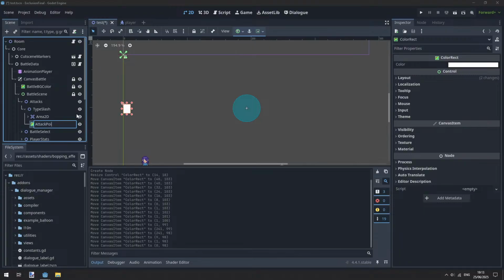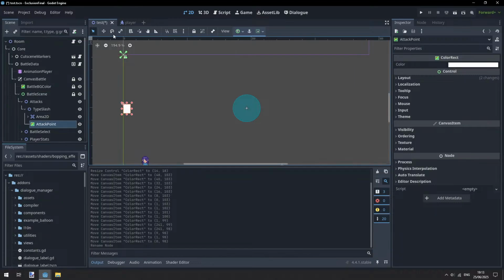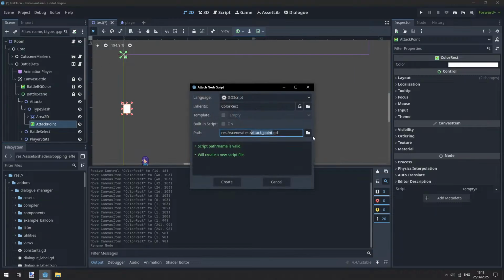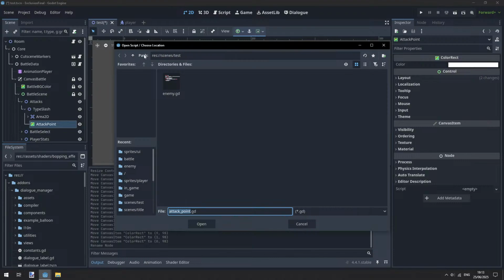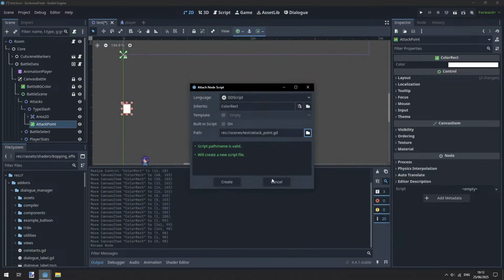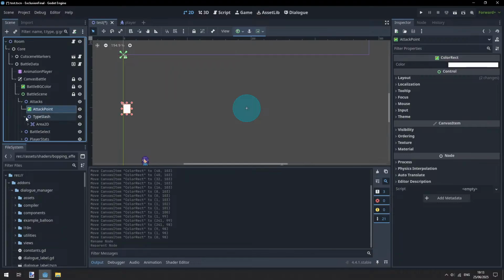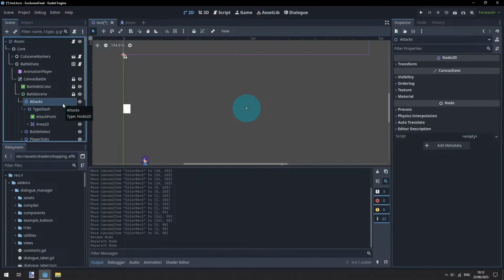Attack point. And then we can attach a script, attack point, to that. No, we'll put this script actually on here. No, we'll keep it in there. And then this is the bit where I have to think for 5 minutes, because if I don't do this correctly,